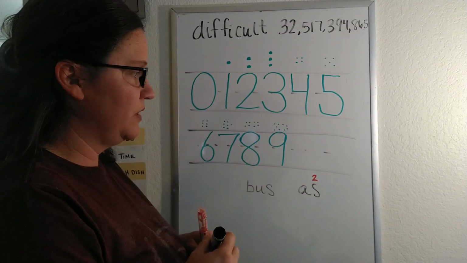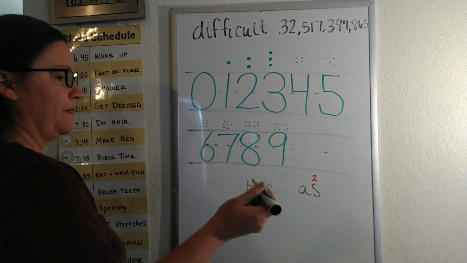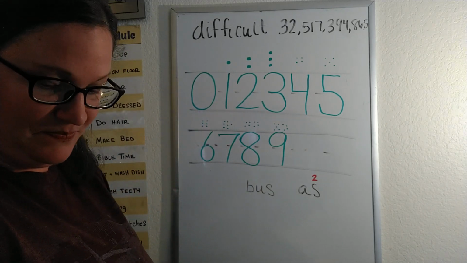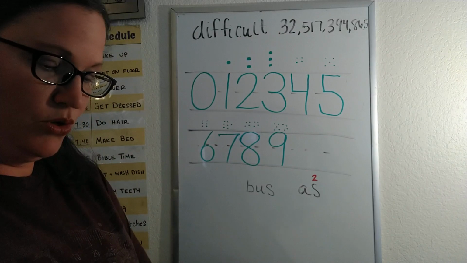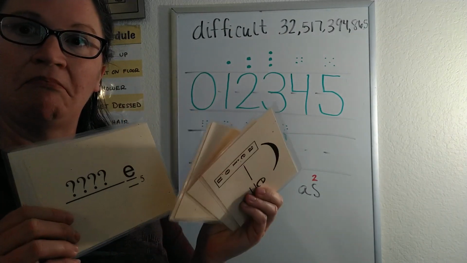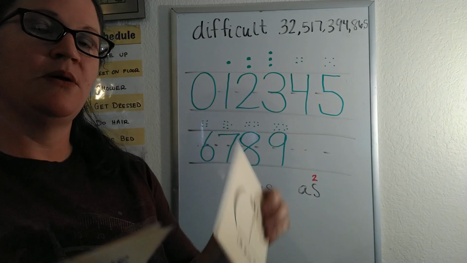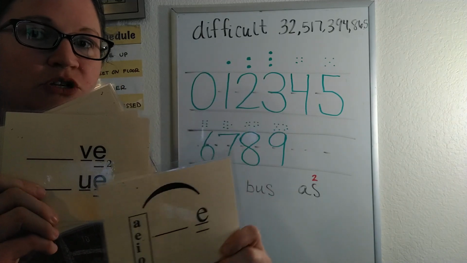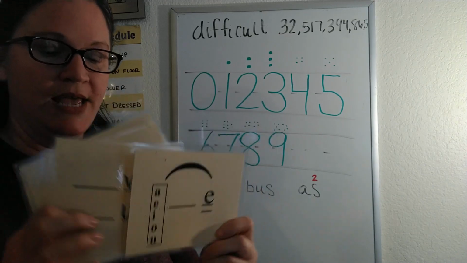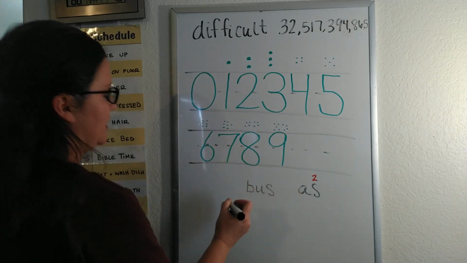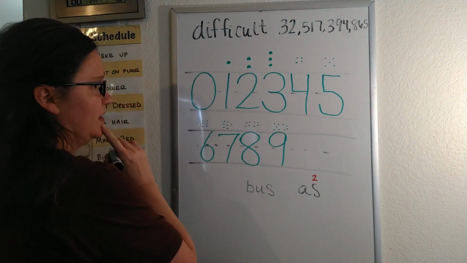Why else could you use numbers in this program? Sometimes we have a silent E. We have one rule that gives you 5 reasons why we use silent E. Okay, so the first reason is the vowel sound changes because of the E. The second reason is English words don't end in V or U. So I need to know my numbers, right, because I'm going to use the word,